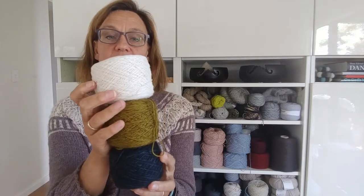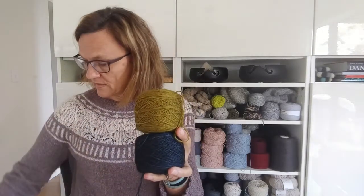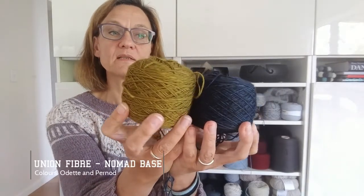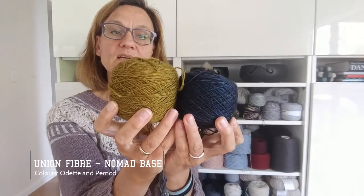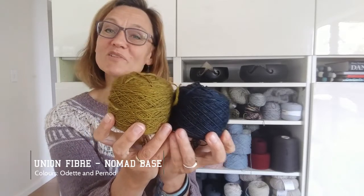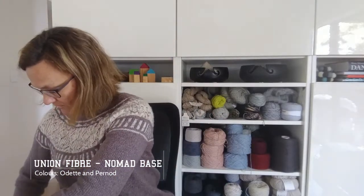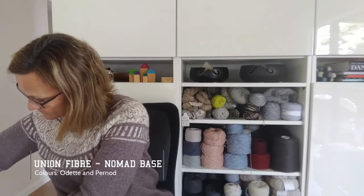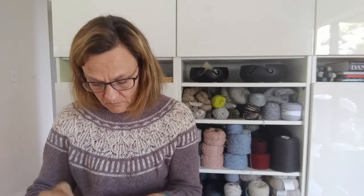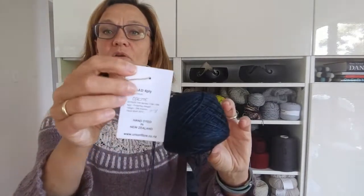So the top is a Coast yarn, the white, and it's called Ecru. And then these two are from Union Fibre yarns. And I'll just take up the small labels, and you can see the names because I can't remember. So they should be down here in my bag. So the blue is called Odette,